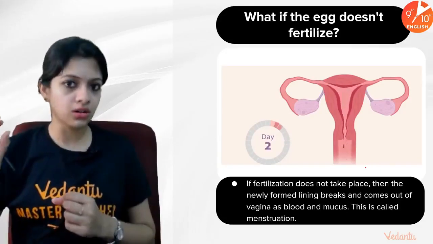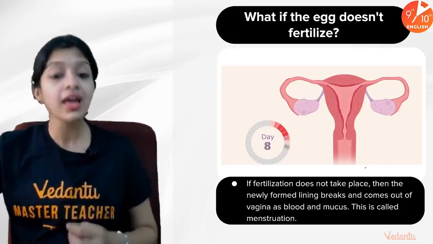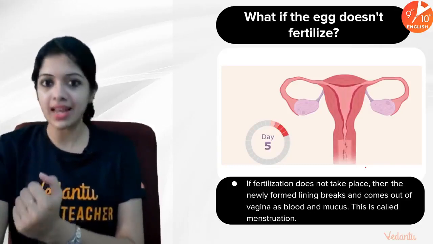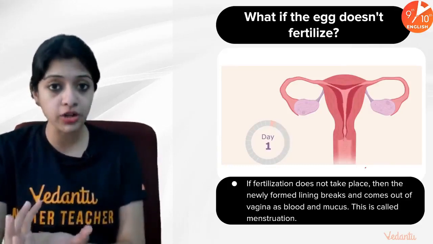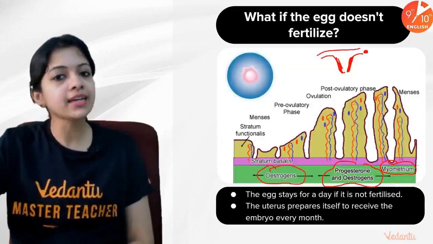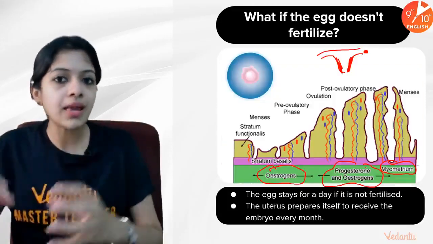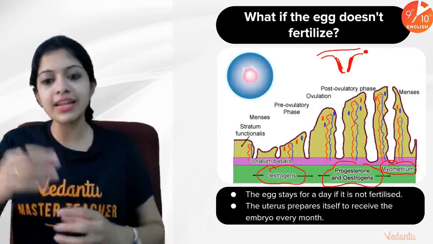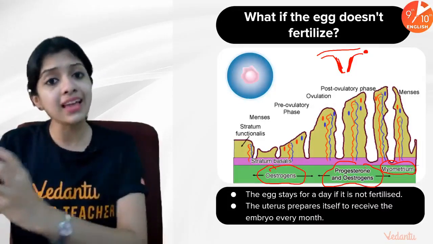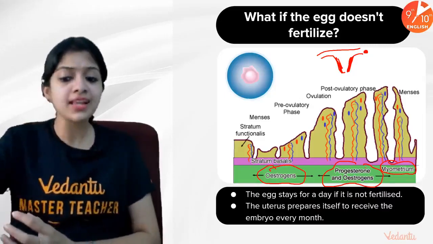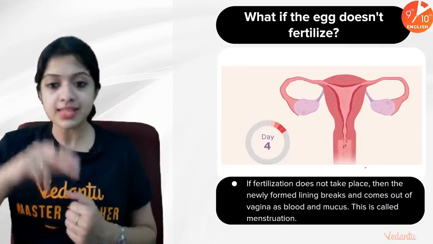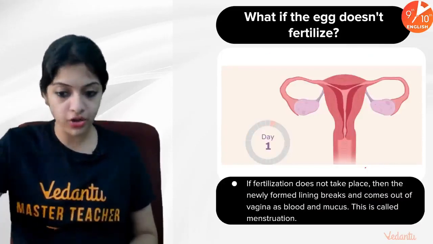And then after ovulation, even within the next 24 to 30 hours or so, if fertilization doesn't occur, the next cycle continues, because all of these hormones start getting imbalanced and then they act accordingly depending on whether or not a zygote has been formed. And at the end of the cycle, again, it's ready for the next menstrual cycle, which is what you see here. This is how this overall cycle occurs.